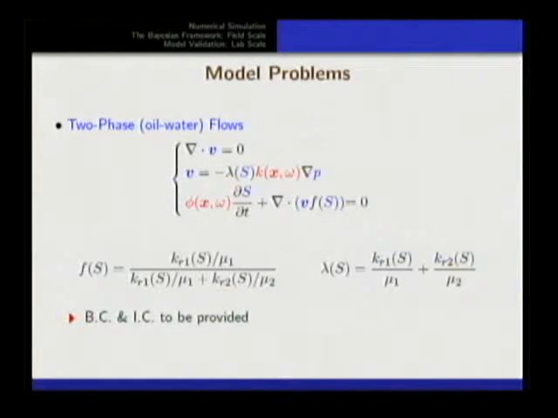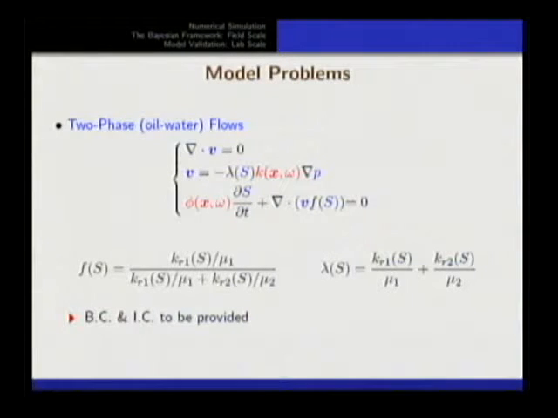These are the equations governing two-phase flows. V is the Darcy velocity, lambda is the total mobility, F is the fractional flow function, S is the water saturation. These two coefficients, absolute permeability and porosity, are in red because they are the unknowns. So it doesn't matter if you have a beautiful simulator for this problem. If you don't have these coefficients well characterized, there is no hope to make any predictive simulations for these problems.